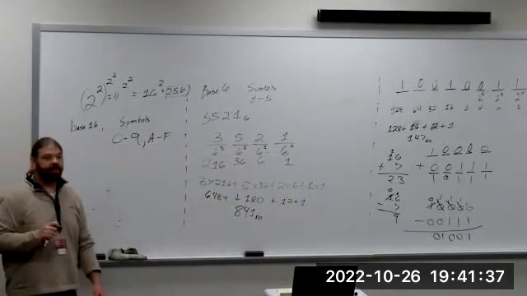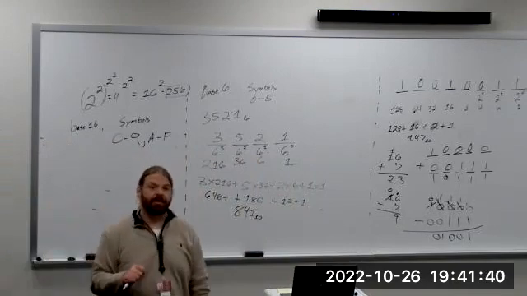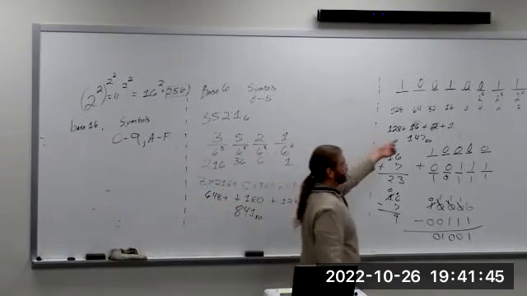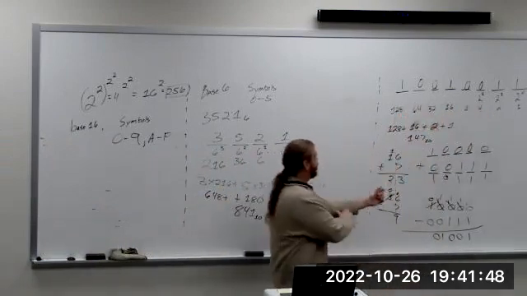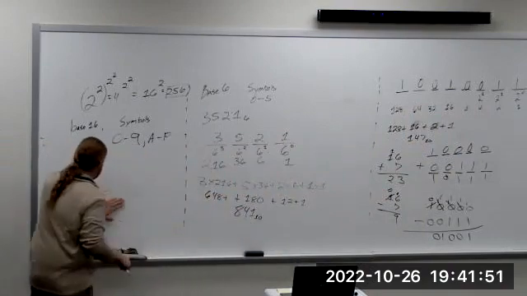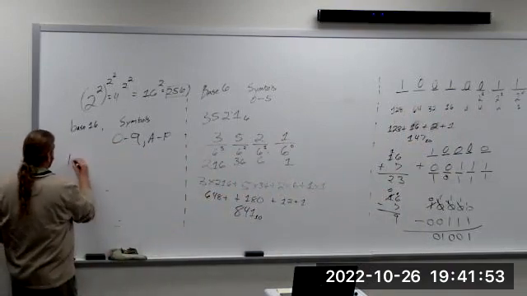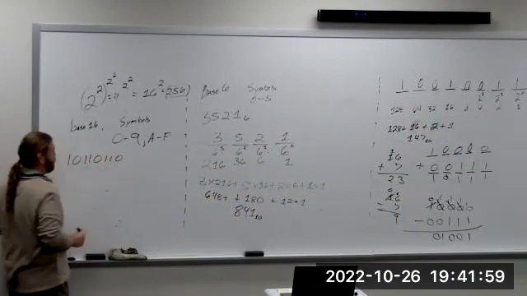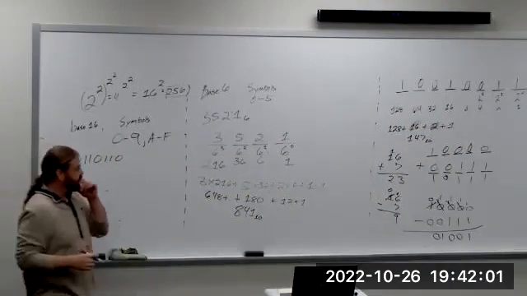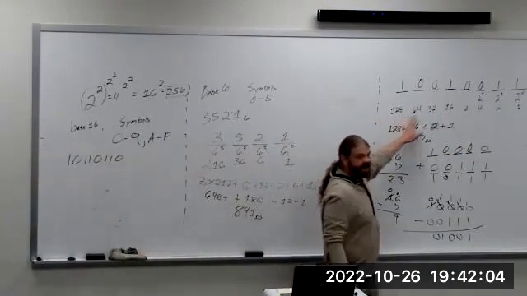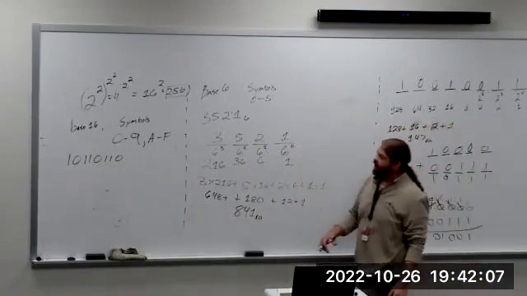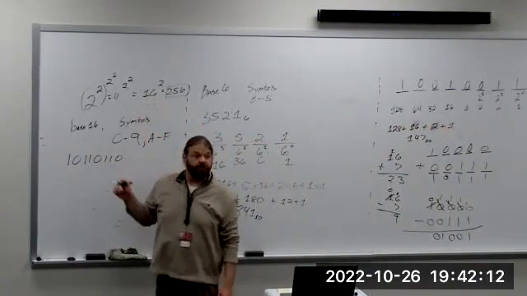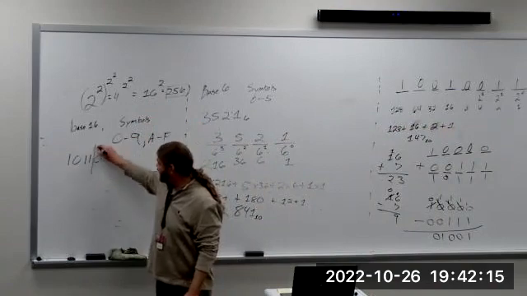we can use it to work in binary directly, but we can work in binary 4 bits at a time. This is too simple, so we need to kind of clutter it up. So I'm going to make up a number here. Let's say we have 10110110. We have this number and we need to convert it. So we could do what we did here, go through every column and add it up. But a quicker way, and the reason we have this, is that we can work with it 4 bits at a time. Because if we split that in half,